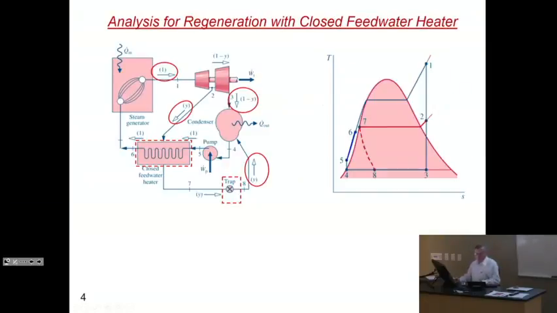Okay, so let's describe a little bit how this looks on a TS diagram. At point number 1, like before, we start with superheated steam. The first turbine stage expands from 1 to 2, and at point number 2, we bleed a fraction y down toward this point number 7. We'll get to that in a minute. So we bleed fraction y. The fraction 1 minus y continues from 2 to 3,